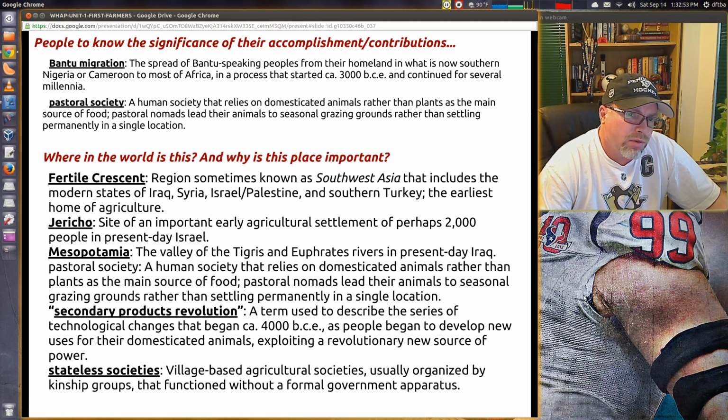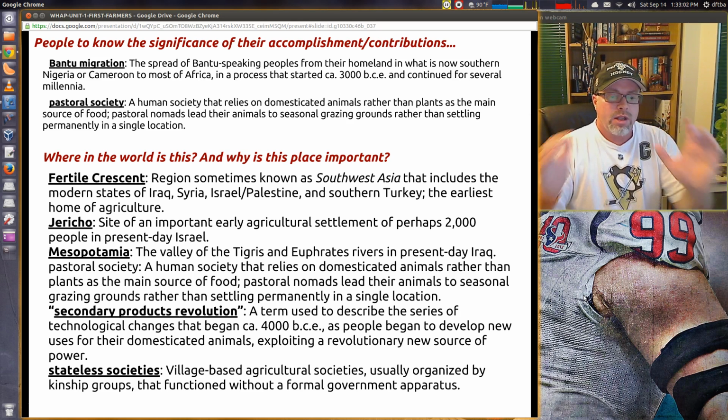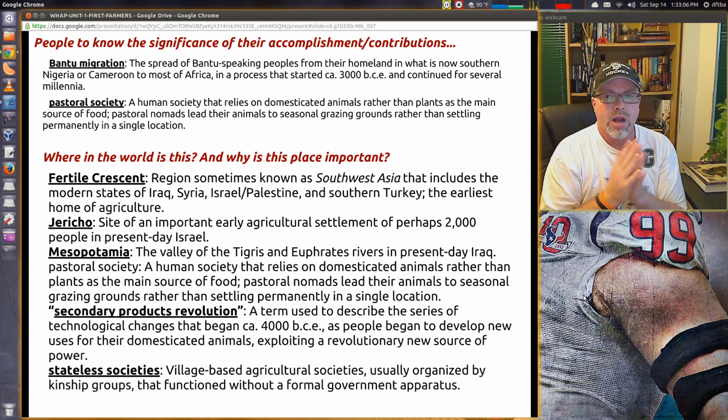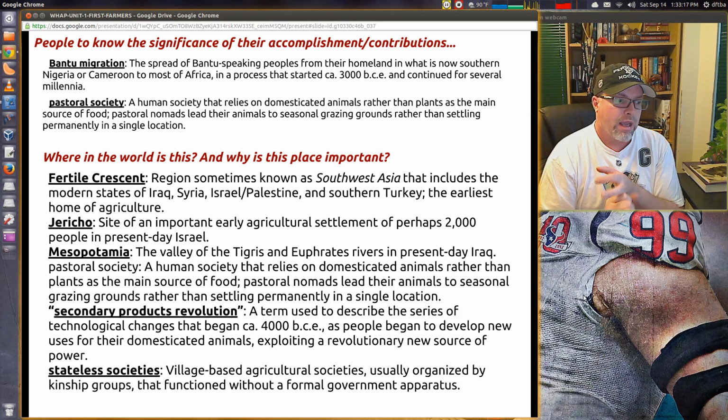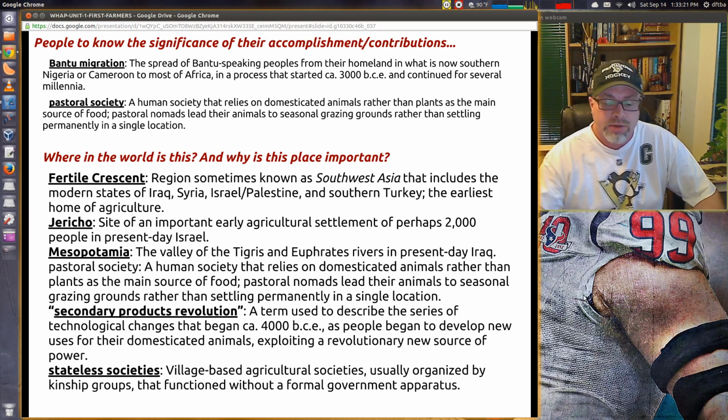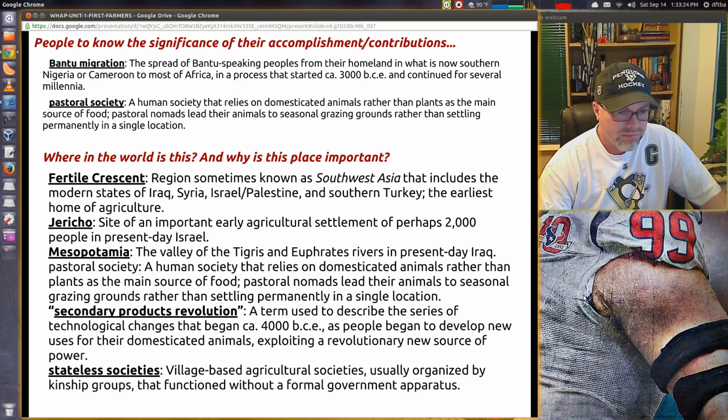So pastoral societies, we're definitely going to see that quite a lot, and it'll pop back up again here with civilizations, because you have a civilization, but around it, and almost sort of symbiotic with it, is a pastoral society, which will be able to do some trading and deal with that. We'll look at it with China and the folks who live just to the north of them, and then later on in chapter 12 of our textbook, when we study the Mongols, that'll be a big important part.